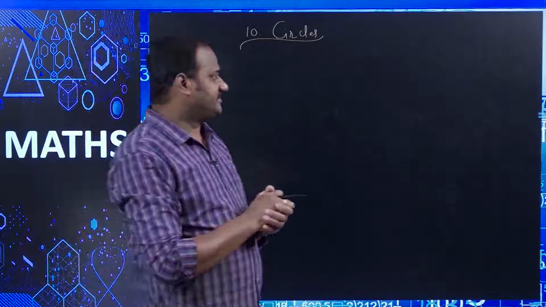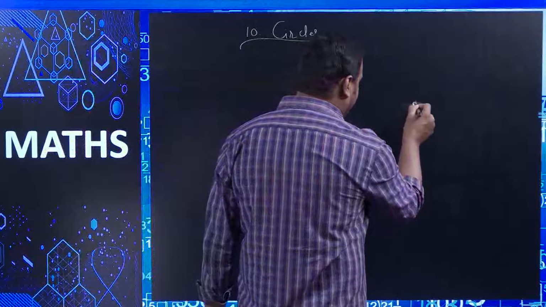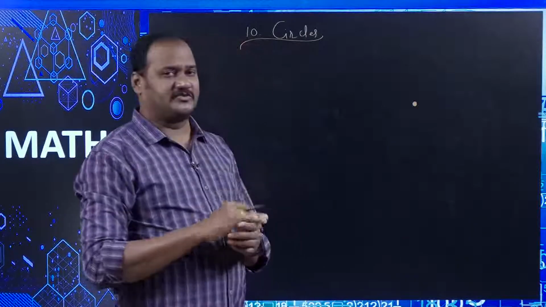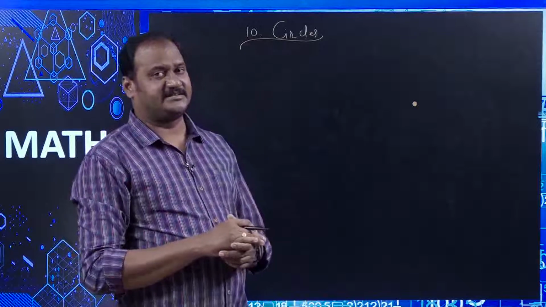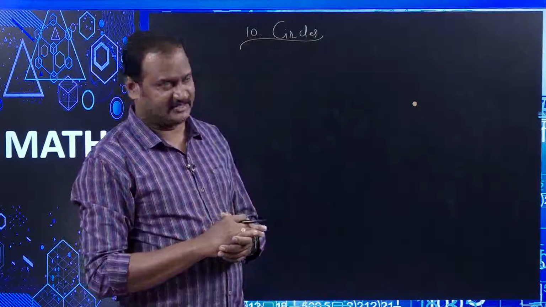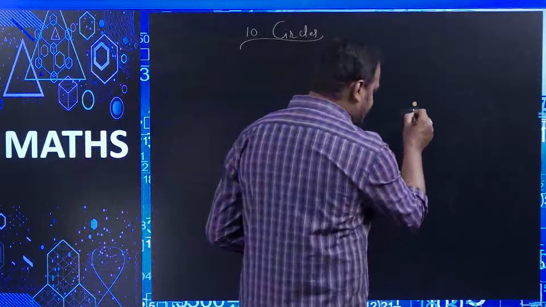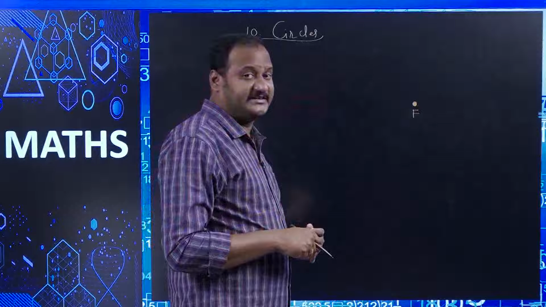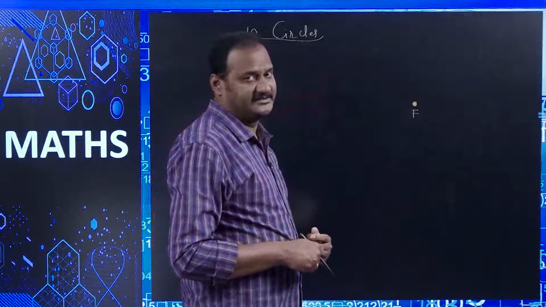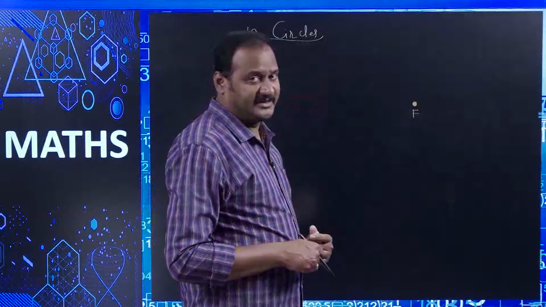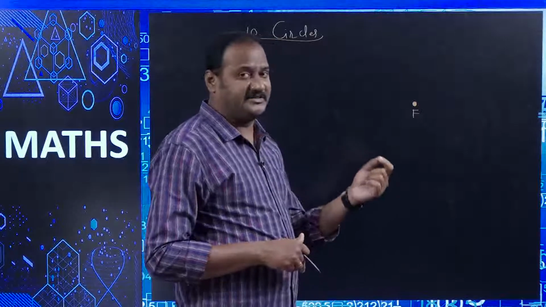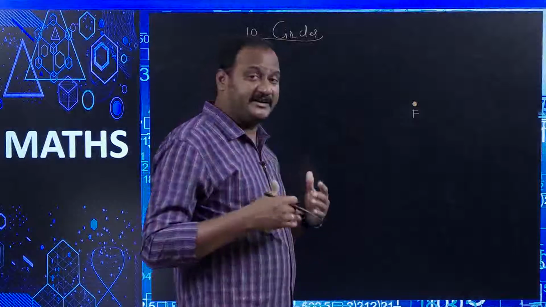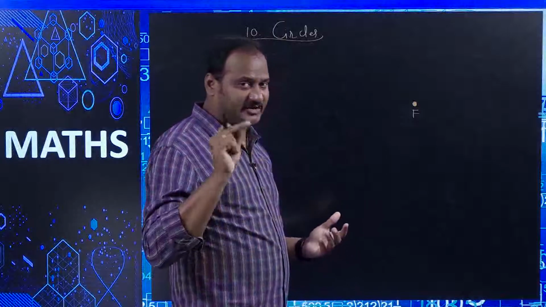See here, suppose I take one particular point, and I am going to find one more point which is at 10 centimeters distance. I am taking one point, this is the fixed point, let it be F, and I am taking one more point which is at 10 centimeters distance from this particular point. Did you understand what I am telling now? So where am I taking the 10 centimeters distance? That is the point here.